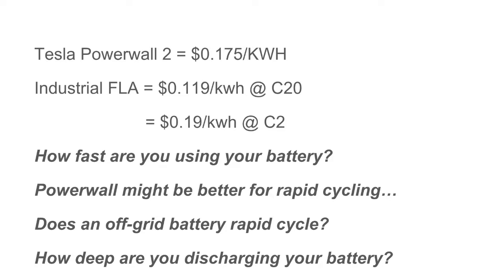There's some pertinent questions that we've kind of discussed already. So what I'm looking at here is now the same industrial flooded lead acid, and I say, okay, well, I